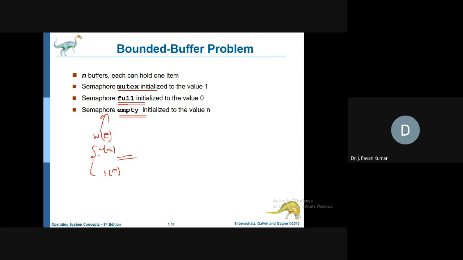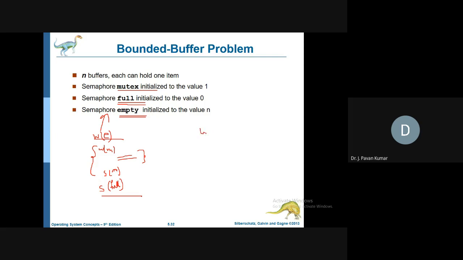Bounded buffer. After this, we have added one item, right? So the number of full will be incremented. So that's why we will be giving the signal operation on full. Okay, this is the logic. Similarly, consumer logic: while consuming, he has to check whether it is full or not.